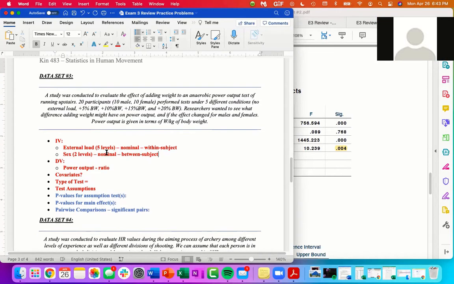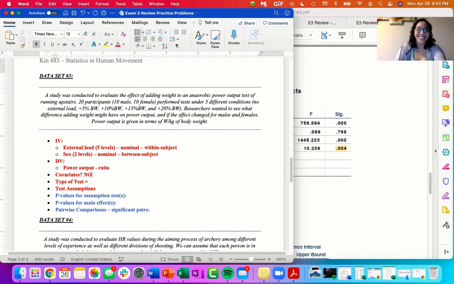Okay. And then are there covariates? No. I don't see any. I don't see any either. So based on this information, what type of test would we run? This one would be the 5x2 between within